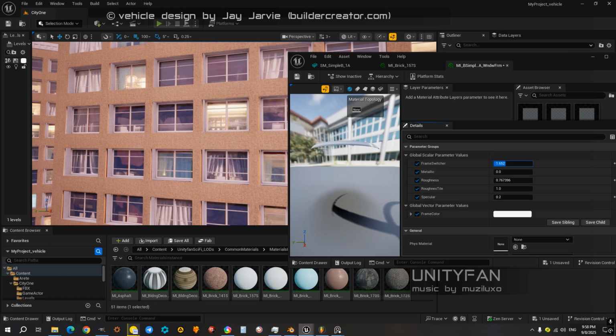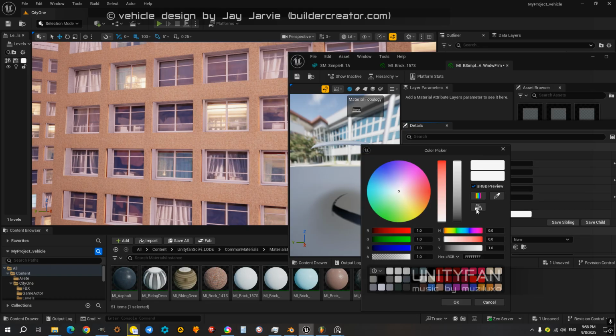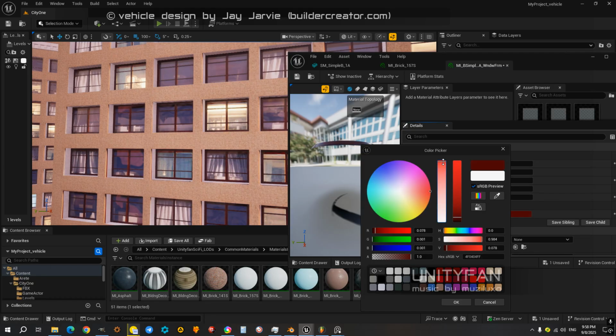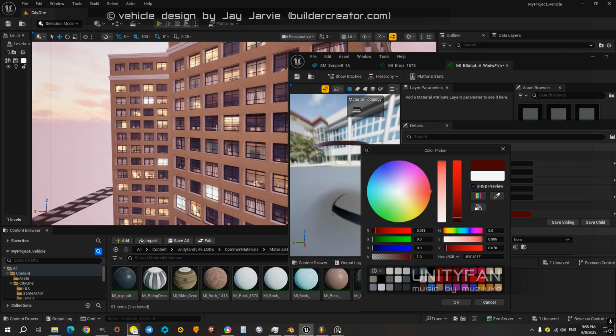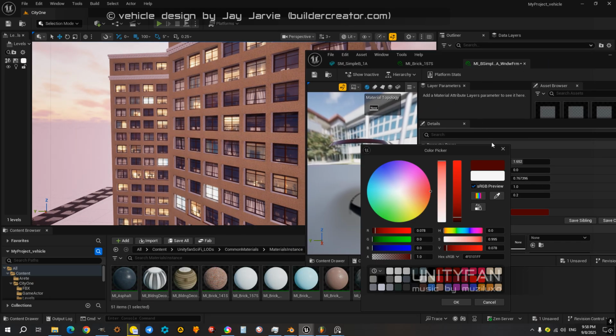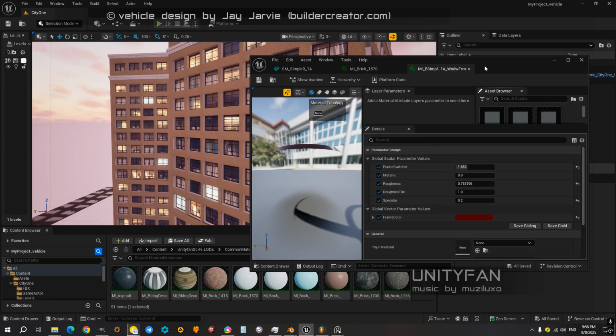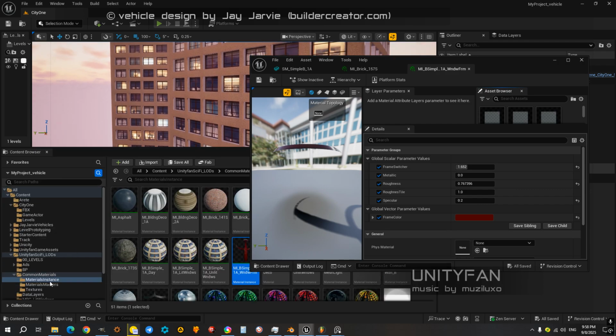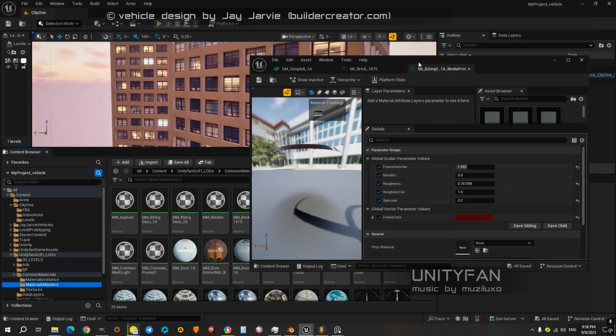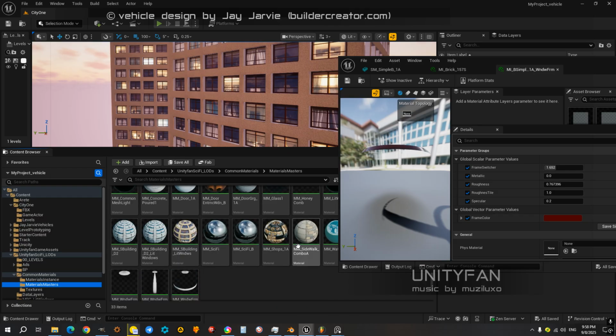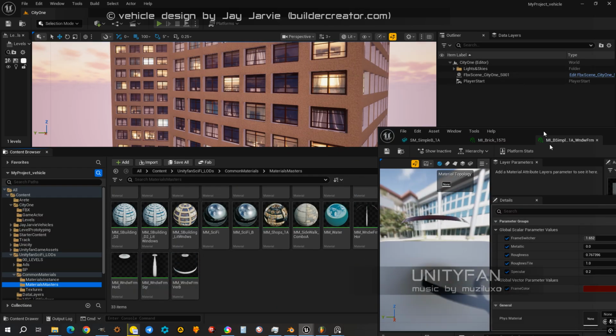And what was I gonna say? Oh yeah, this is the instance material. You see the parameters of the instance material, and I'm going to show you what is in the master material of the same thing.